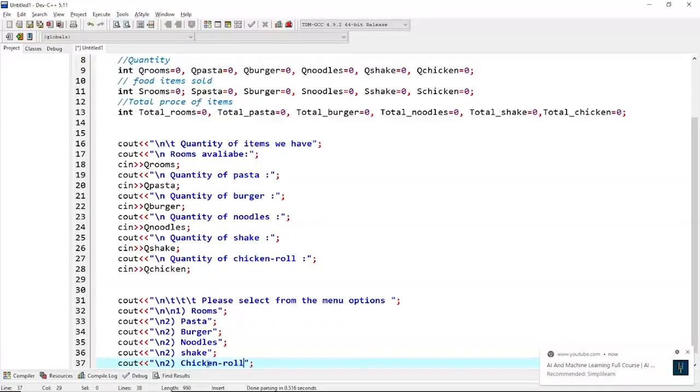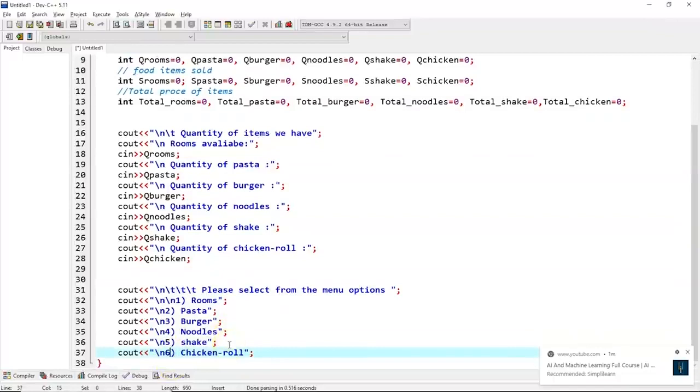Chicken roll. We also have to change the numbering, that this is 1, this is 2, then this is 3. We are doing the numbering because the customer will press the number and then he can order. 5, 6, and now again we'll